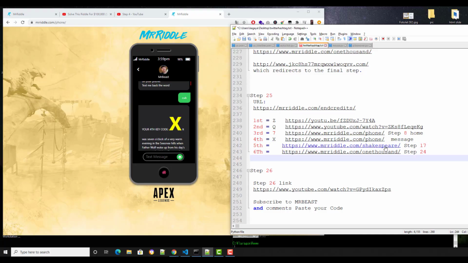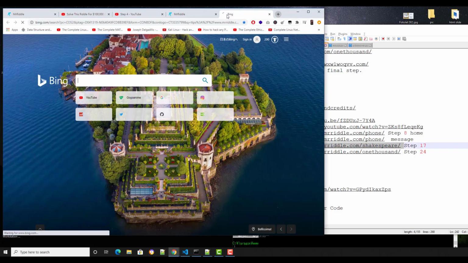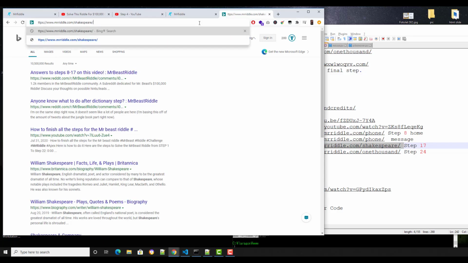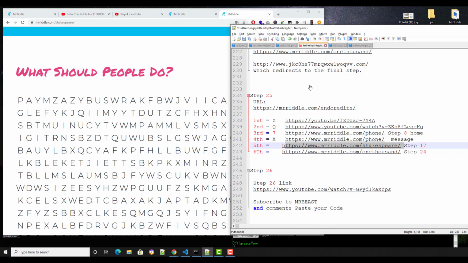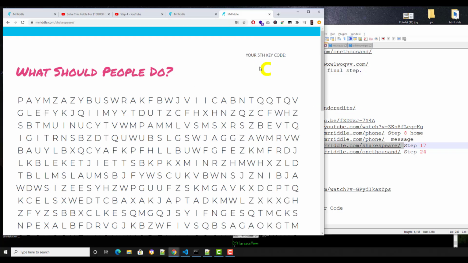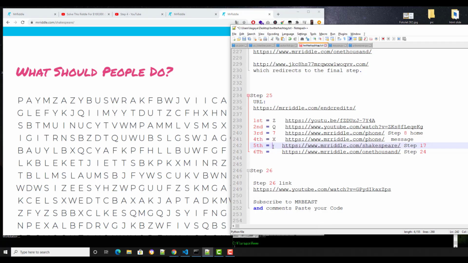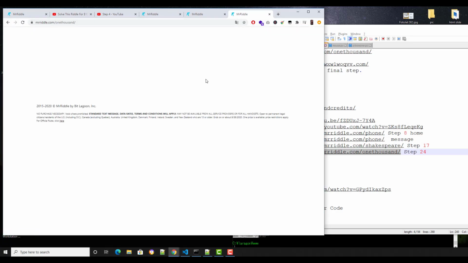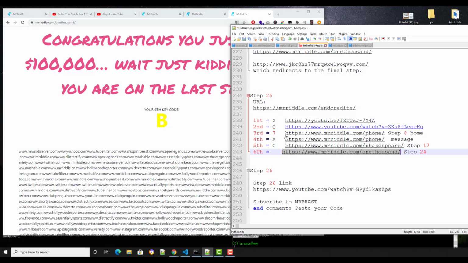and Shakespeare, open that, and this is your pip code, C, and the last one on the thousands, copy this, and you got the 6 codes. So like that,